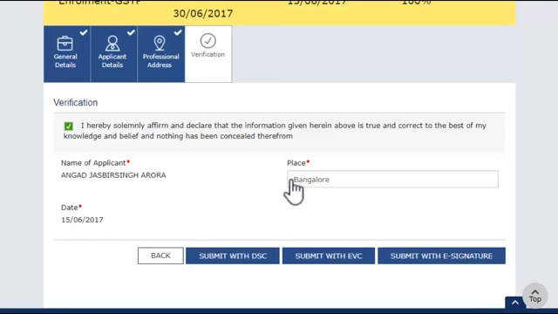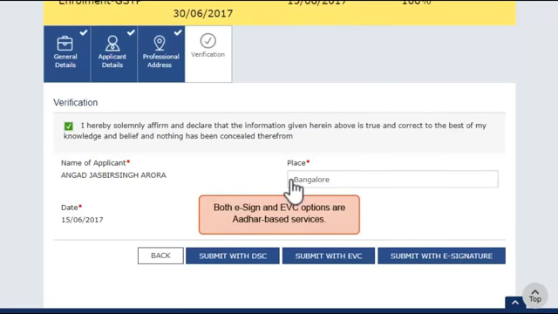Alternatively, the application can be submitted using the eSign or Electronic Verification Code (EVC) option. Both these services are Aadhaar-based service and require you to have the mobile phone number registered with the Aadhaar database handy. In case of EVC, you will need to enter the OTP for authentication.